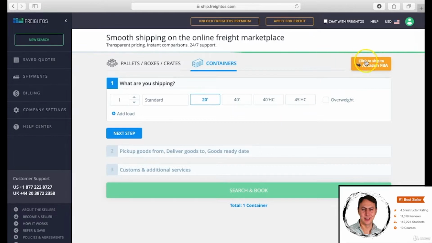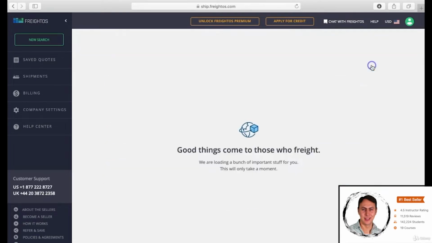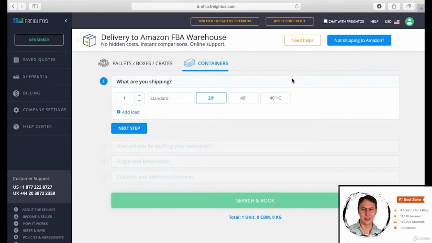We'll fill in these blanks related to our products. But before that, there is something to do. On the top right of the screen, there is a yellow section that says click to ship to Amazon FBA. We are clicking it because we are searching for one for an Amazon job. After clicking the yellow button, we are passing to the other section to find freight forwarders to deliver the products to